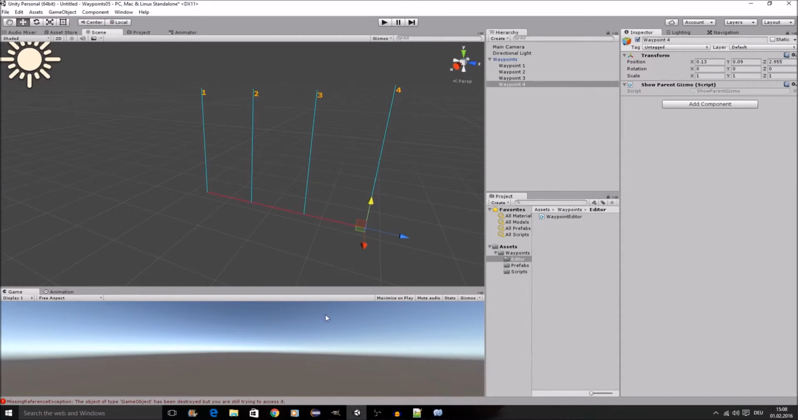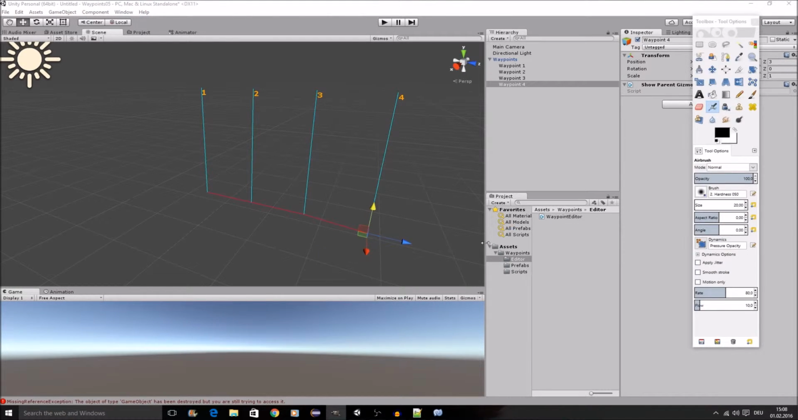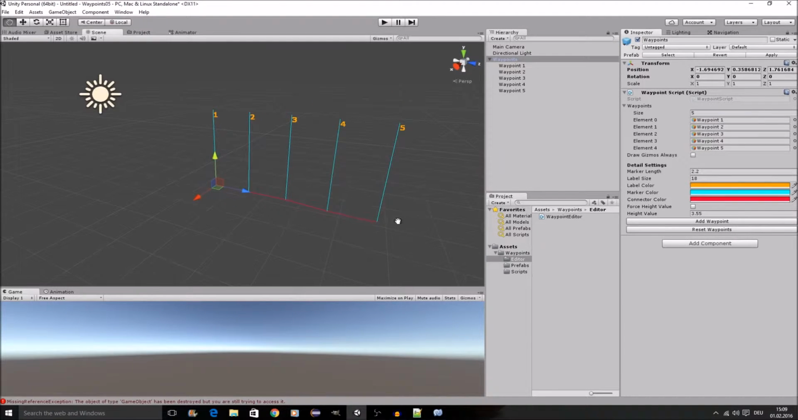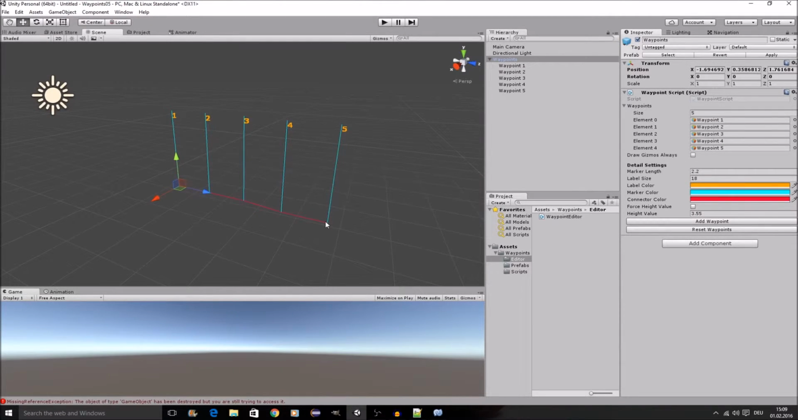One thing I don't like yet: if I add a new waypoint and press Control Z, it's still there. Our undo function is actually not removing the created object. So if I accidentally added one instead of resetting or whatever, then it would not undo my action. So